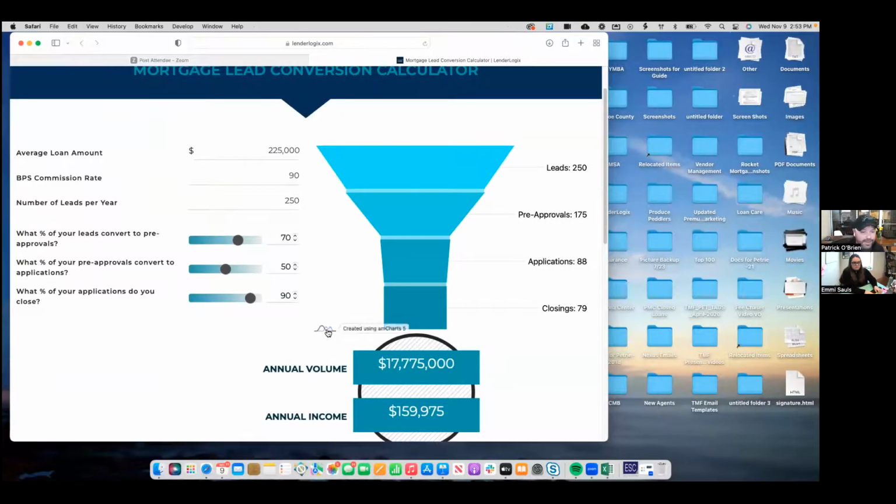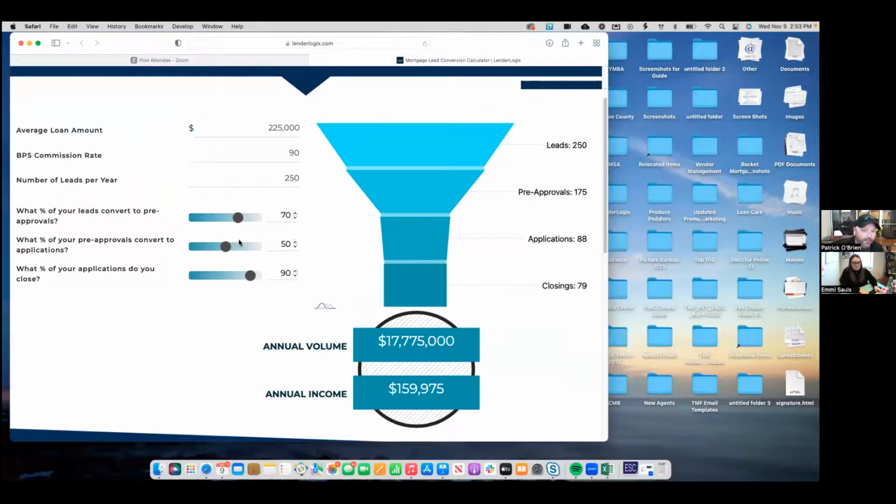Going to flip back to my calculator here. And let's just say in the same scenario, instead of a loan officer saying, well, only half the people I pre-qualify actually buy a house. First of all, most loan officers have no clue because they're not measuring what those numbers are. But let's say we can increase that number by 20%. We can get that number up to 60% of their pre-approvals turned into loan applications because they're doing a better job educating that home buyer, making them a confident, assertive home buyer. And equally as important, keeping them sticky with you so they don't find themselves off at a competitor getting information.